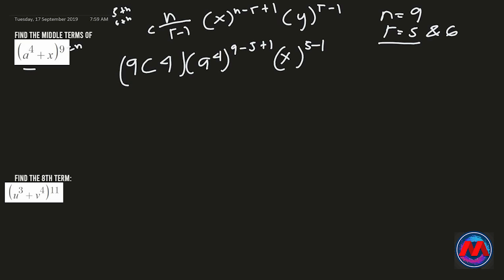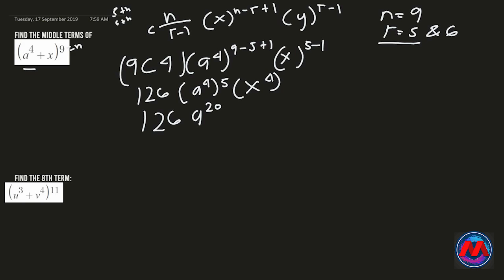So, sa calculator natin, that's 9 shift divide 4 is equals to 126. A raised to 4. This is 9 minus 5 is 4 plus 1, that's 5. X, 5 minus 1 is 4. So, that's x raised to 4. So, final answer is 126 a raised to 20. That's because that's 4 times 5 and x raised to 4. So, ito guys, this is our fifth